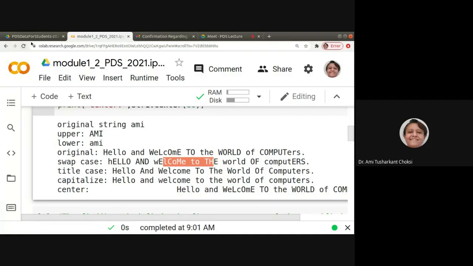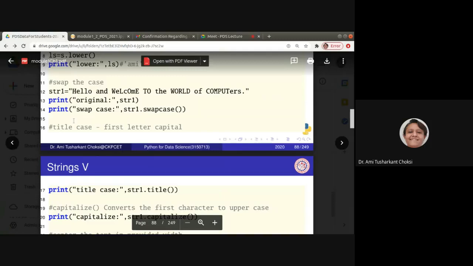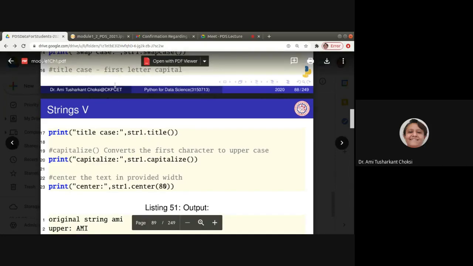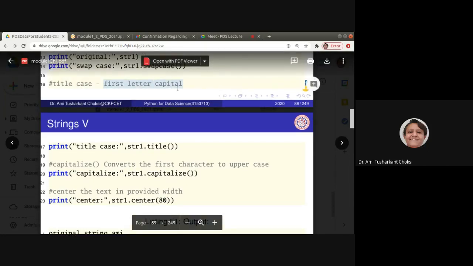Now we want to see about the title case also. For title case, we have to write string dot title. Here the string name is str1, so str1 dot title. What do we mean by title? It means that the first letter is capital.